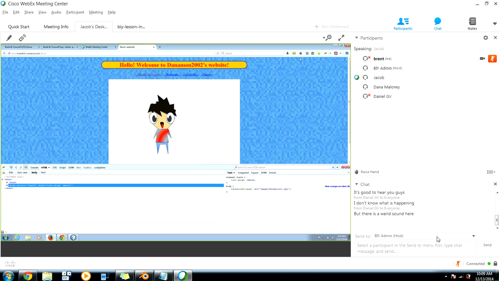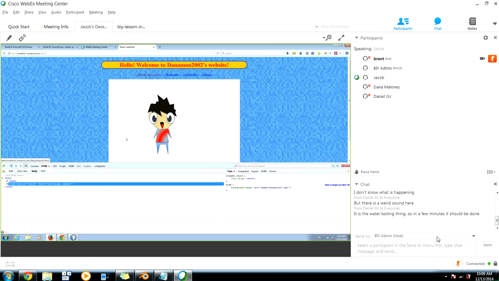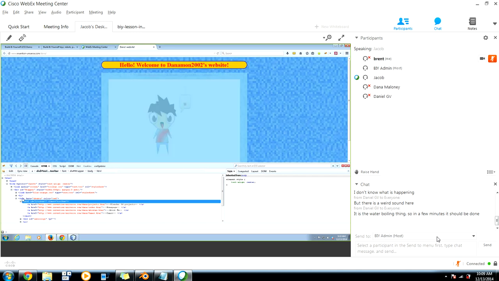There's also an extension for Firefox called Firebug, which is what I like to use. Which is actually, I think, what has come up here, Firebug. And so what I can do with Firebug is right-click on whatever we're having trouble with and inspect element with Firebug. And there's the source code in this window and then the CSS over here. And so I can click this and we can see